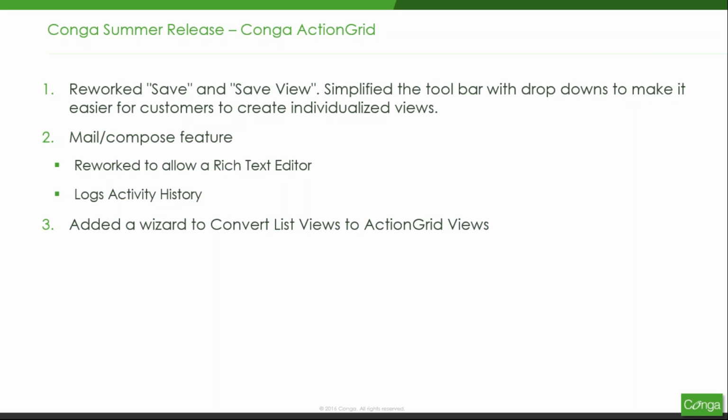Another thing is the mail and compose feature, an existing functionality that we've enhanced. The existing functionality was to be able to use any email from any object that has an email field on it. So we've enhanced that to give the user the ability to select from different email fields if there are multiple fields on that object. And we also fixed an issue where that was not being logged to activity history on an email,